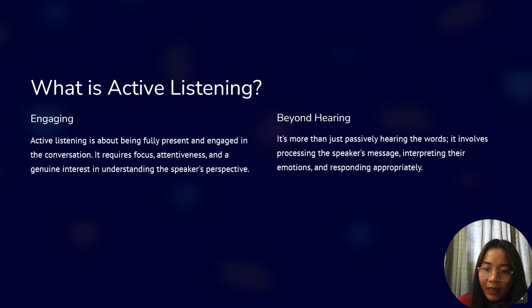Okay, and then see, if we don't understand properly, we don't need to jump in the middle of a conversation. So we have to be engaged, we have to clarify, we have to reflect what the other people are saying, or what they want to tell us, what is the information. So after that we have to summarize and then share it without any judgment. We have to listen properly.